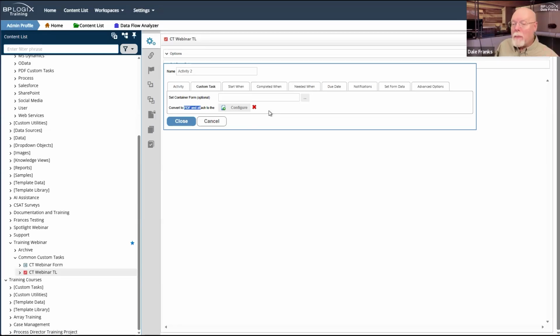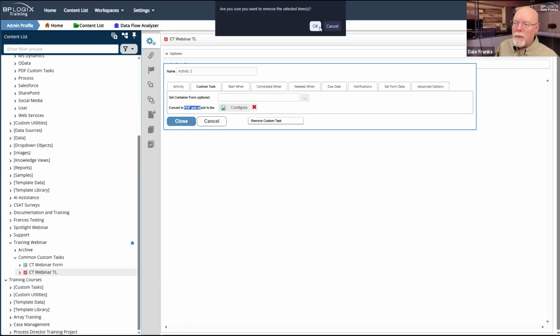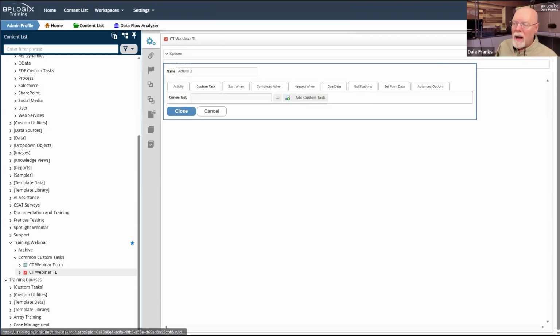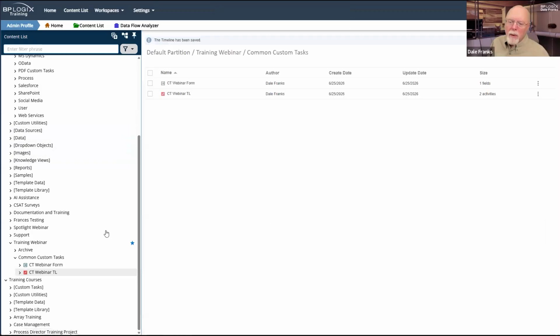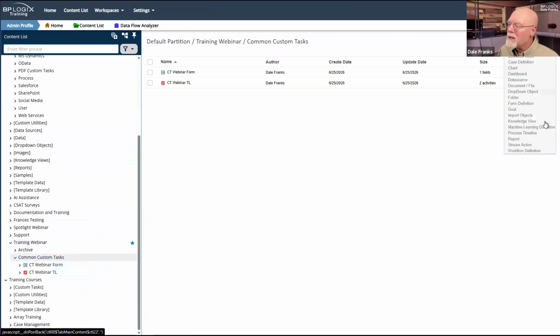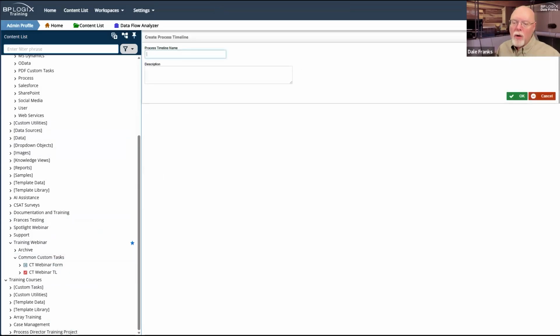So what I'm probably going to want to do, rather than call that PDF conversion directly in the process timeline, and I can't configure it now, so we're going to have to come back to it, what I probably want is some sort of activity, some process, in fact, some new timeline. So we'll create a new process timeline that we are going to call PDF conversion. And we're going to hit OK.